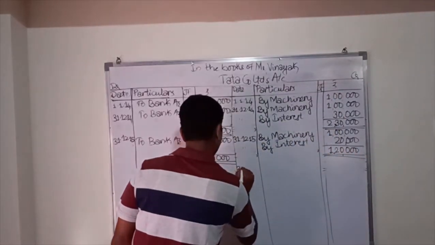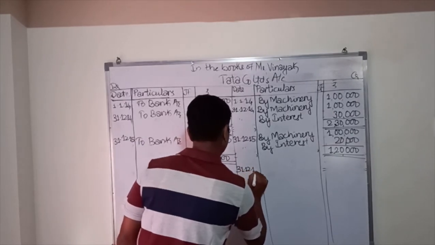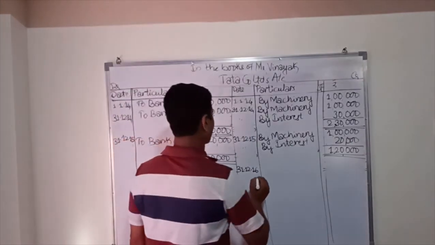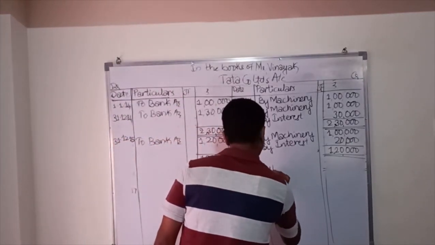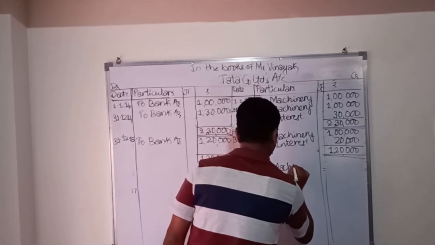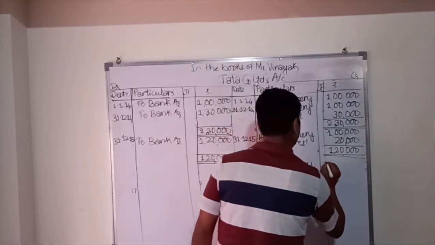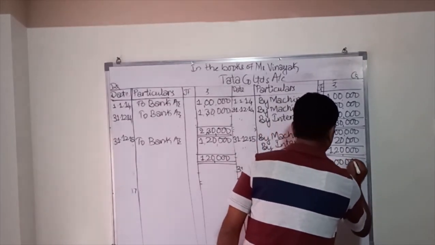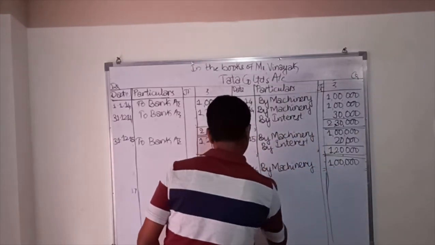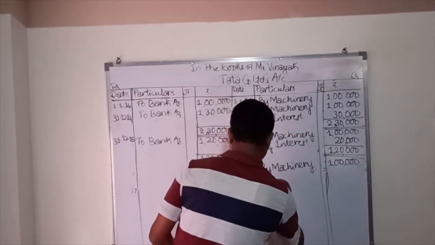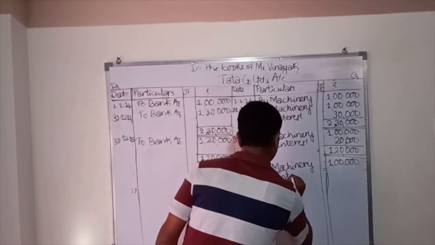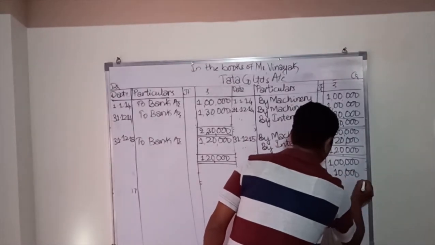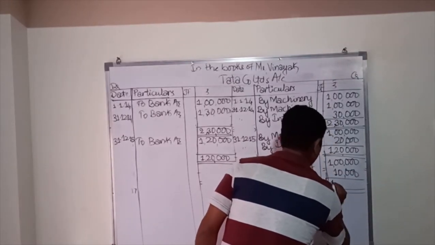Then when the third installment becomes due for payment on 31st 12 2016, then the entry will be machinery account debit, interest account debit to Tata Limited. So Tata Limited is credited by machinery. So we have calculated as the principal in the hire purchase chart as rupees 1 lakh only. Then the interest here is 10,000 by interest. On the same date we should pass this entry. So here it is 1,10,000.